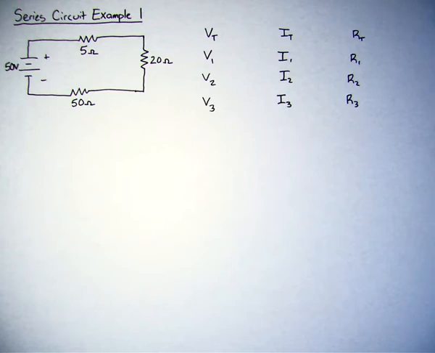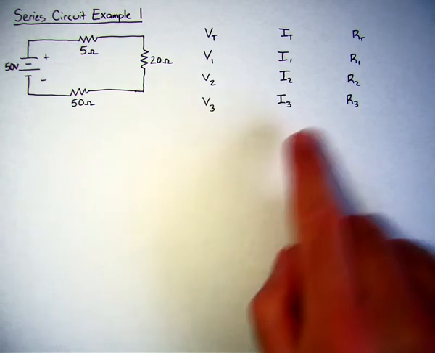In this example problem, we have a series circuit with a 50-volt power supply connected to 3 resistors. We know the voltage of the power supply is 50 volts. We know each resistance. So what we're going to do here, if you take a look, I have a table